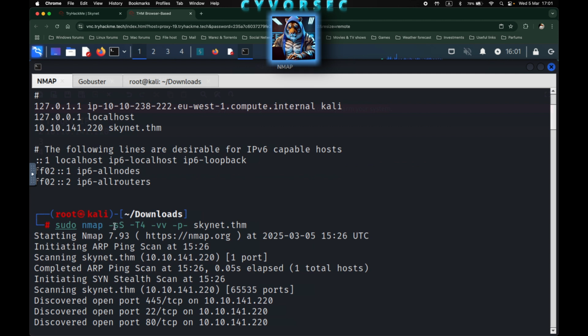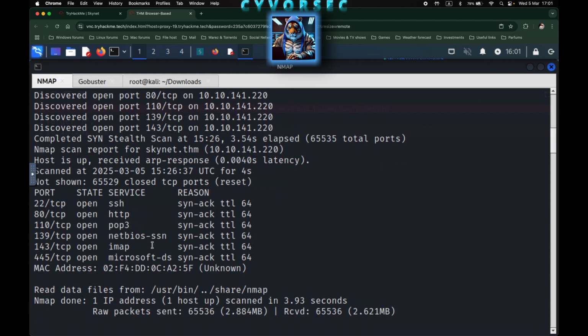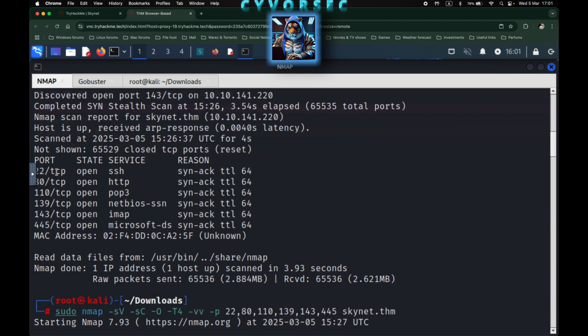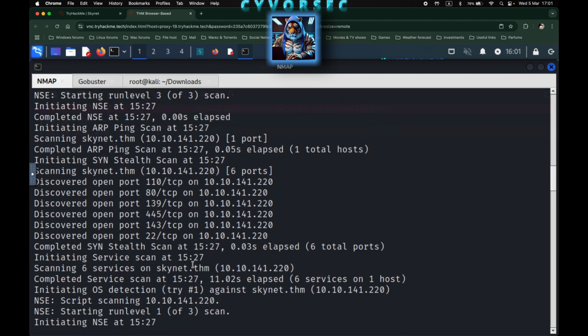And I use the SYN scan with T4. We don't have to care too much about being stealthy here. It's very verbose, all ports, on the Skynet.thm domain. We can see there are several ports open here. So I ran an additional scan for version, for common scripts, and for operating system, on the Skynet.thm domain. And we can see,